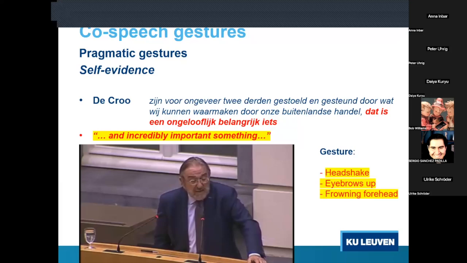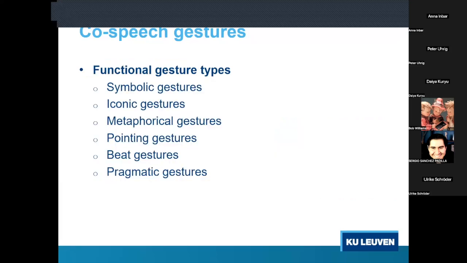So you can distinguish, let's say, six types. Other scholars distinguish more types or fewer types. It's not about that today, but you can identify symbolic gestures, as we saw with the thumbs up or the thumbs down, and iconic gestures, which depict literally a process. If I'm telling a bedtime story and I go like, and then in pitch dark, he entered the room, you can see what kind of doorknob I'm holding, because I could also say, and then he entered the room, and it's a different doorknob, right? So those are iconic gestures, when you are literally depicting the action at hand.